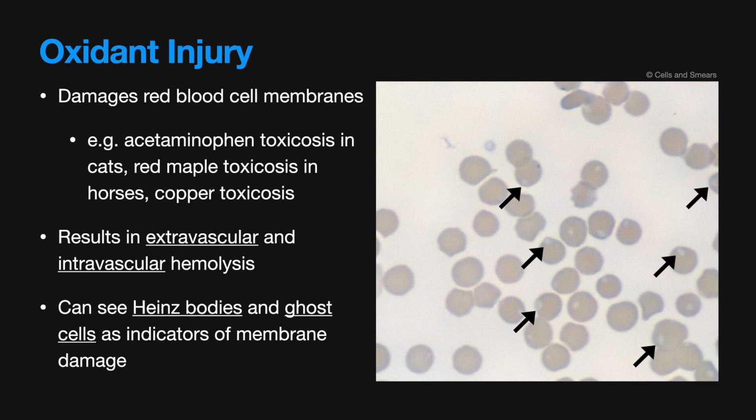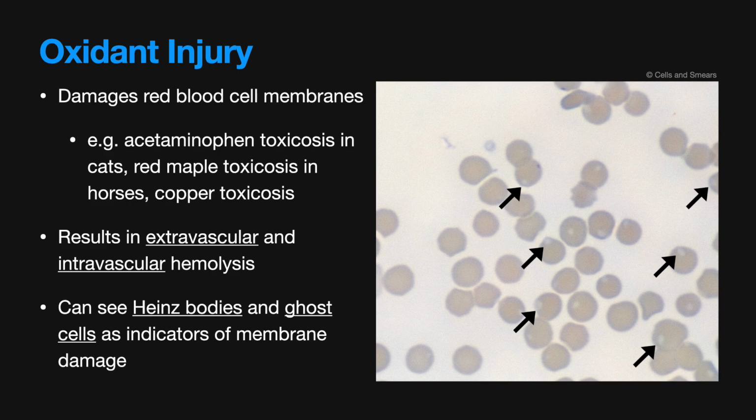Next, we have oxidative injury. Oxidative damage injures the red blood cell membranes, causing them to form unusual shapes. Common causes of oxidative damage include acetaminophen toxicosis in cats, red maple toxicosis in horses, and copper toxicosis in numerous species. These conditions result in extravascular and intravascular hemolysis, as the cell membrane damage may result in cell rupture within